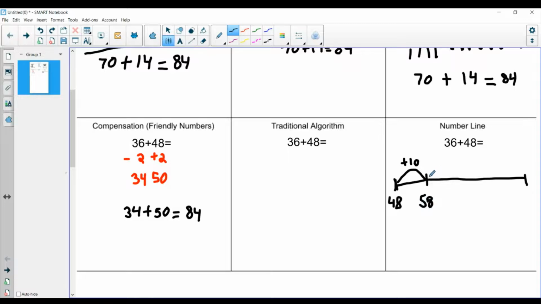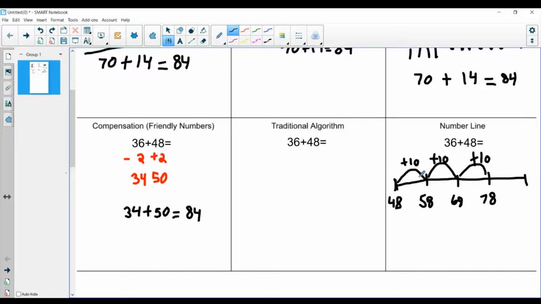I've added 10, but I still need to add up to 36. So I'm going to add 10 again. 58 plus 10 is equal to 68. Now I've added a total of 20, but I still need to add a total of 36. So I'm going to add another 10. 68 plus 10 is equal to